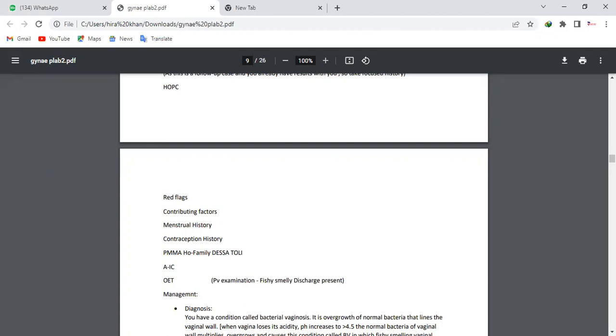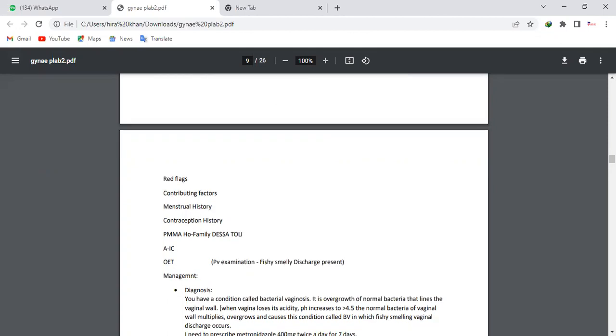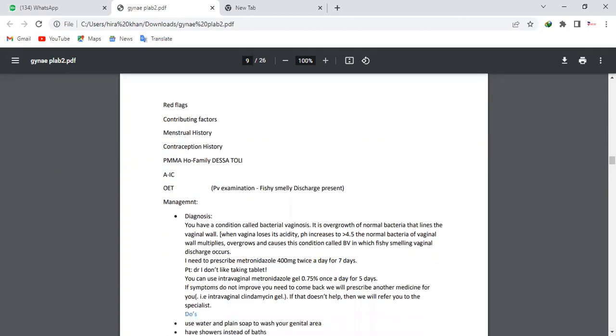Okay. And then you should have mentioned the examination as well, Dr. Barbara. And then management, always have points in your mind. For example, on examination, I have found that there is a discharge, whatever it is, greenish or yellowish. And based on your signs and symptoms, I believe that you have a condition that is bacterial vaginosis. It is a kind of infection that is caused by a bug that is very common in females. Then take a gap, let the information sink in.